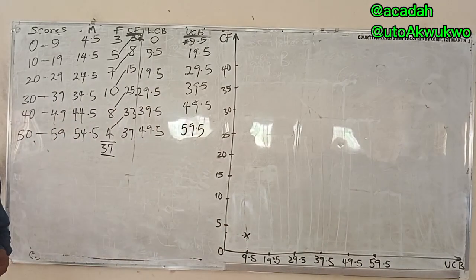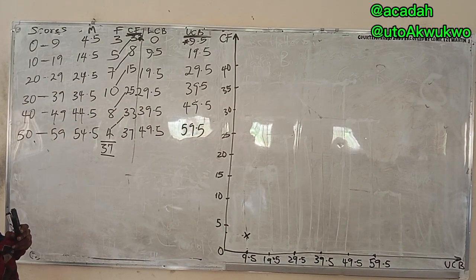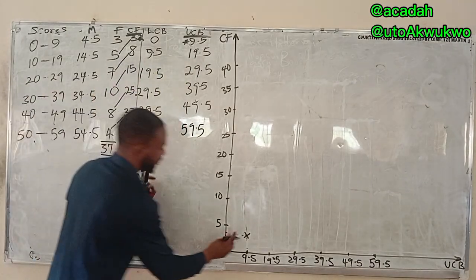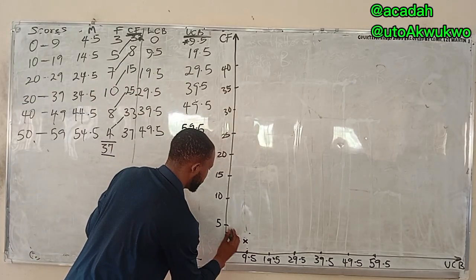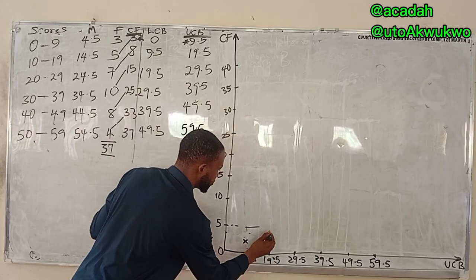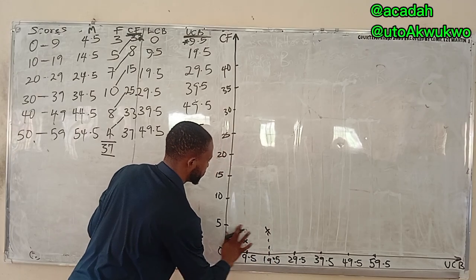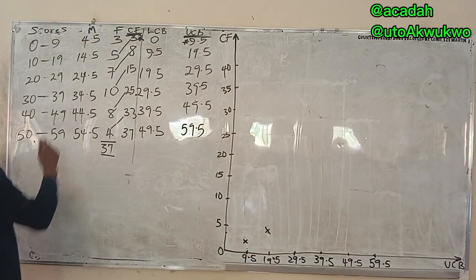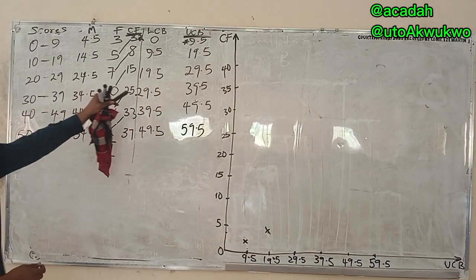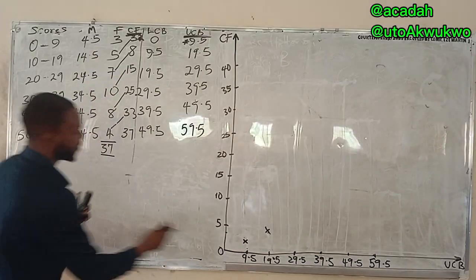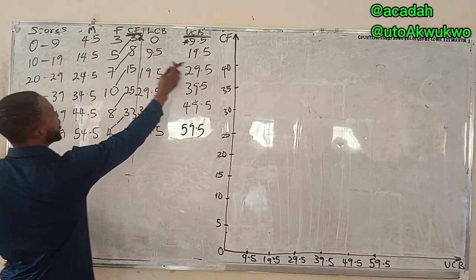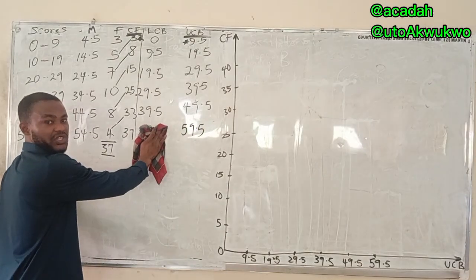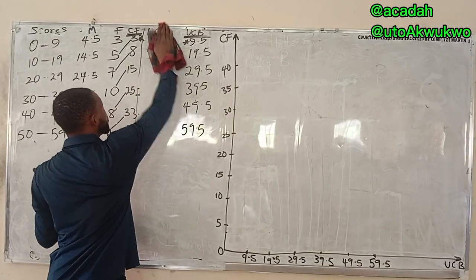Once you mark out that point, you note that this is like 3. The next one, 19.5, is located under 5. Let's say this is 3. So this is like 5. Come on, mark it out. Then the next one. Sorry. What am I doing? There you go. Confusion. Let me clean this. Shall we repeat this?